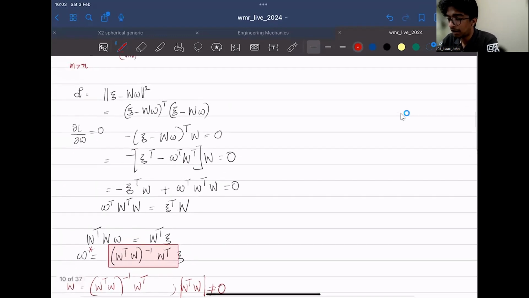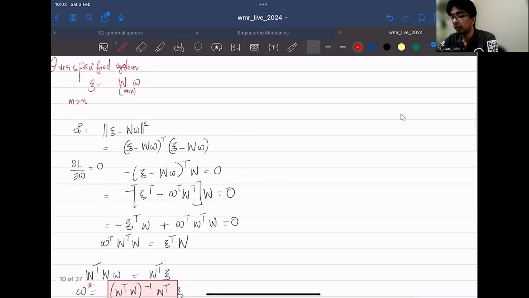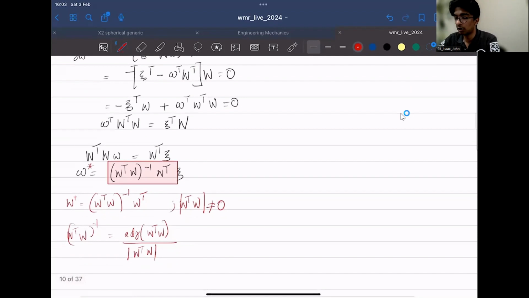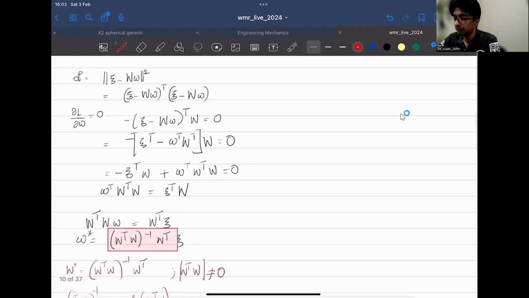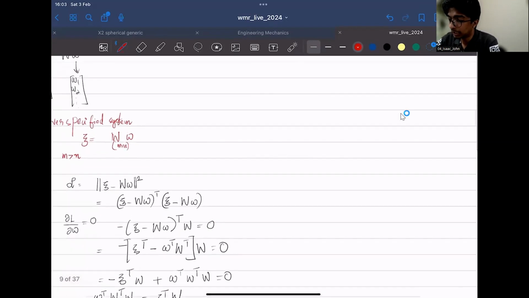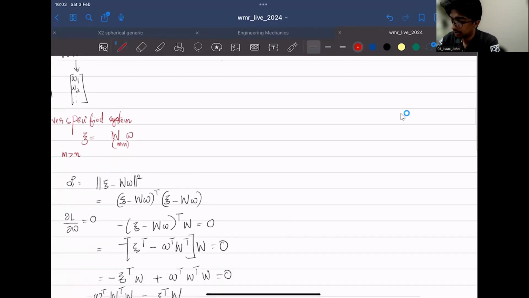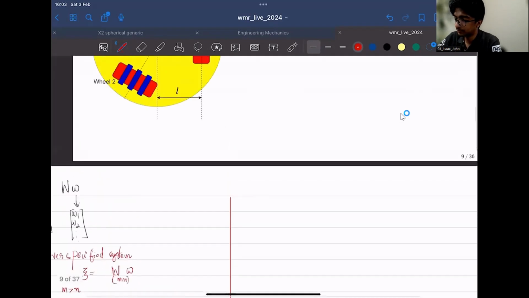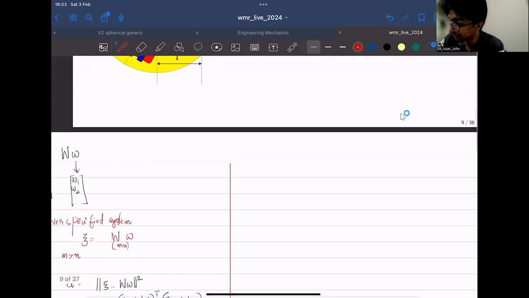So if you have an overdetermined system, this is how you solve it. This is how you take the pseudo inverse. And similarly, what about the other case? I'll try to be very concise. If you have an underspecified system,